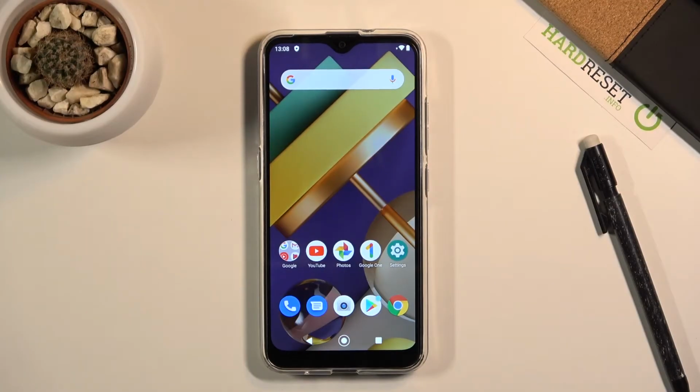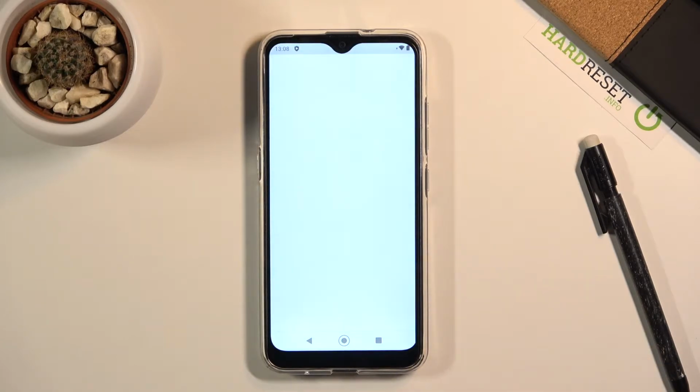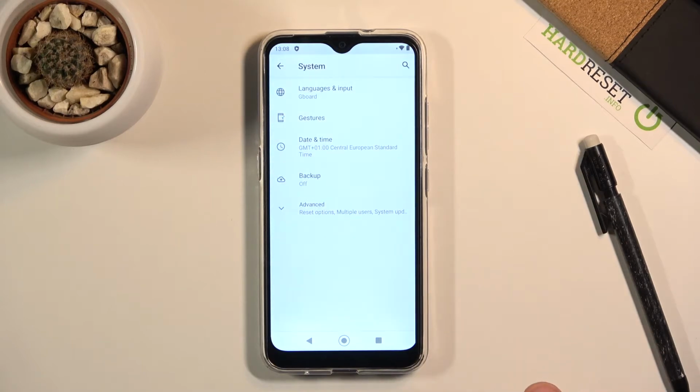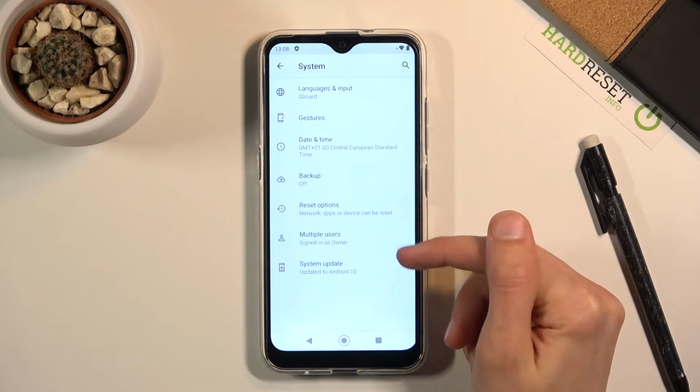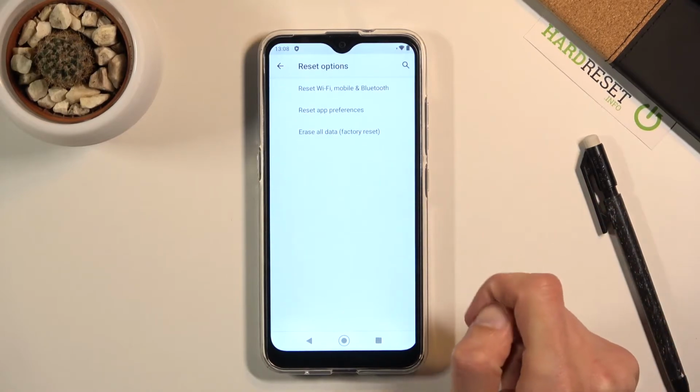Welcome. In front of me is an LG K22 and today I'll show you how to hard reset the device through settings. Now to get started, let's obviously open up settings. From here scroll down to system, choose advanced, and from here you should see the option for reset options, and